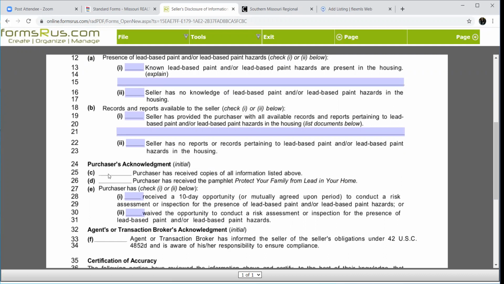And I've had this question before: we didn't receive anything. Well, you got everything that was listed above, which was nothing. So you still received a copy of everything that there was. And that you reviewed this pamphlet, and either you want your 10-day opportunity for a lead-based paint inspection or you waive it. Most of them are going to waive it. Even though this shows an X, I actually prefer you guys get an initial in that box, because I would like them to initial off on the fact that they waived their right. So if something comes up, it was very clear, because there's nothing here on E for them to acknowledge, and I don't necessarily like that.